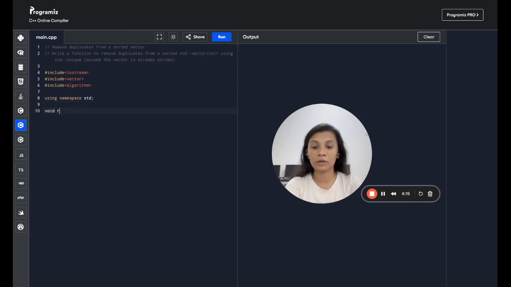Then let's call it removeDuplicates, and then I'll pass my vector as a reference here. Vector of int, pass it by reference, and let's call it vec. Then we will call the function